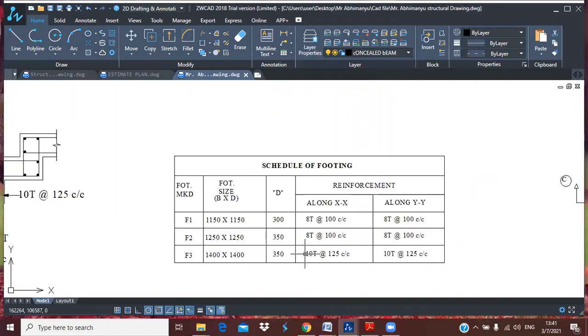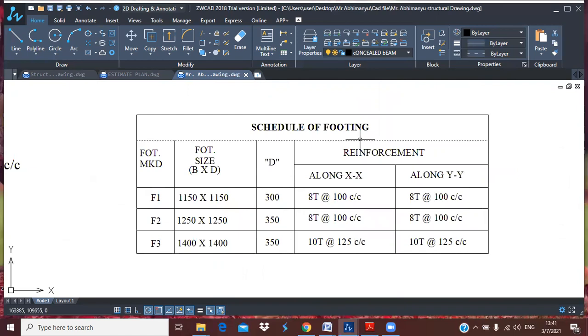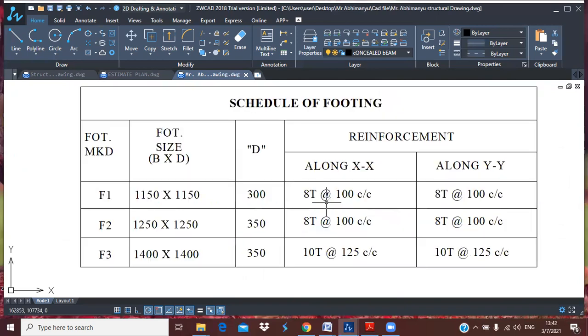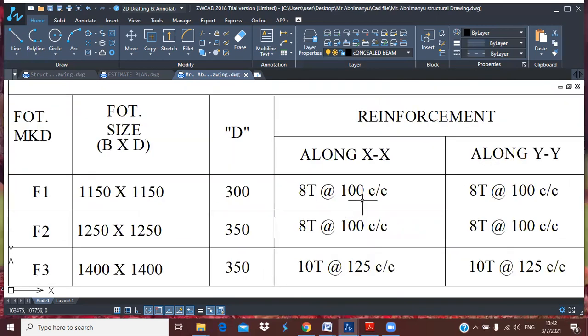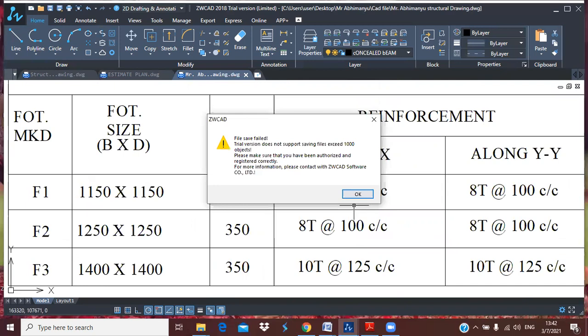Next you can see this is the schedule of footing. In this schedule you can see this is the x axis and this is the y axis. Along the x-axis you will have 8 mm bar at 100 center to center distance.